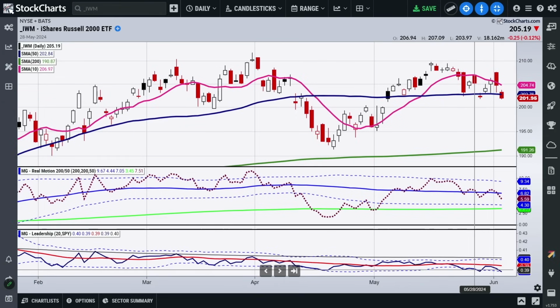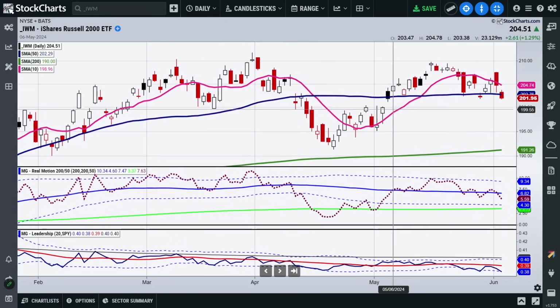So essentially what I see from this chart is that we could wind up holding the support levels right now and have a bounce. It's possible. But if we cannot do that, then we'll be looking at a gap fill to these highs right here, which would be right at around under 200. And then if that fails, of course, we'll take a look at what happens as we get closer to 195.